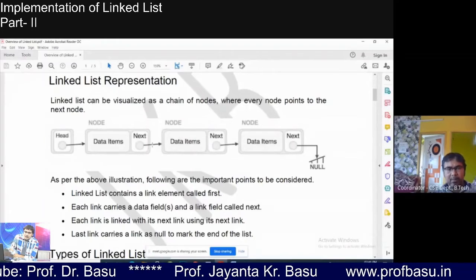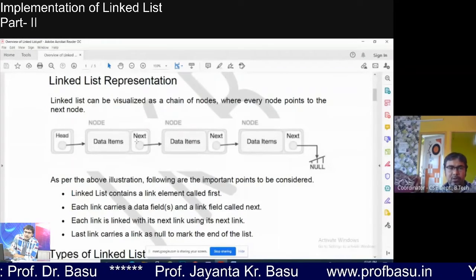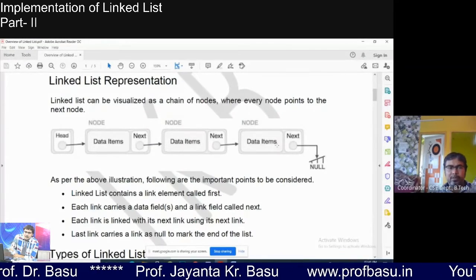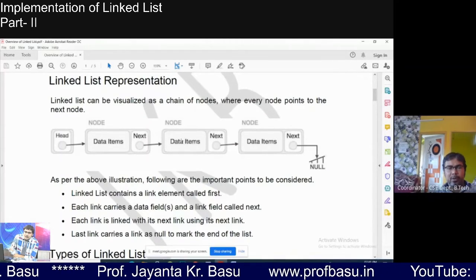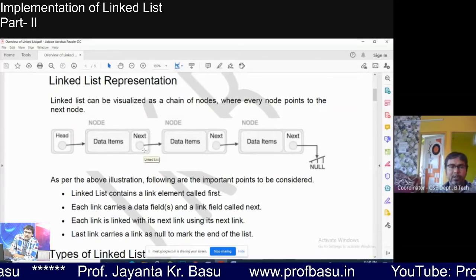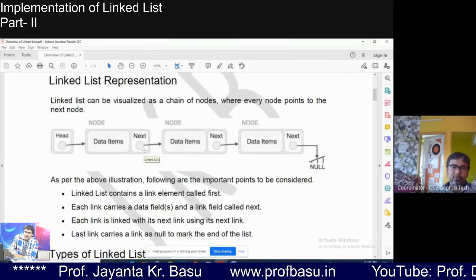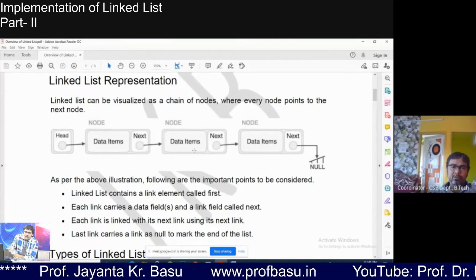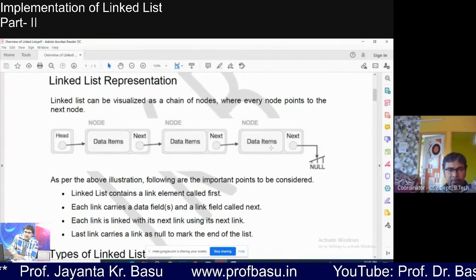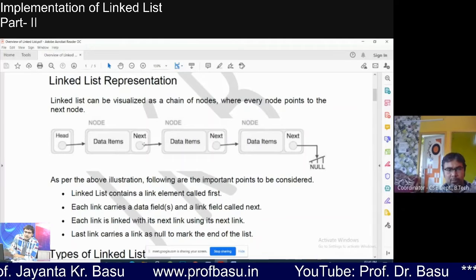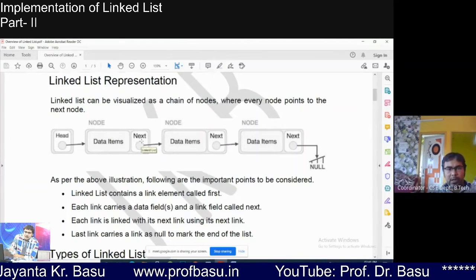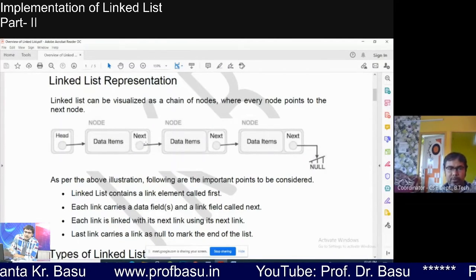Because it's dynamic memory allocation, not all the spaces will be allocated at the same time. Since it is getting allocated at different times, definitely at different locations this node will be allocated in the memory. So to keep track of the nodes, we are supposed to hold the address of the next node always.